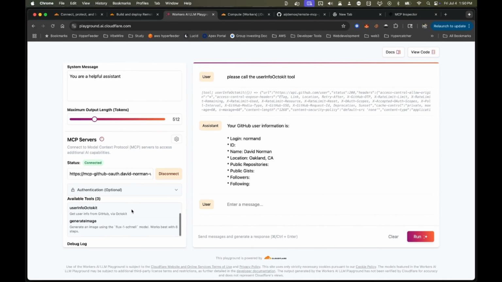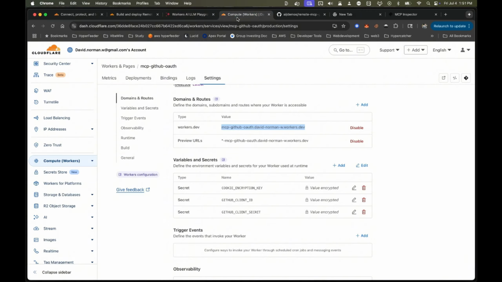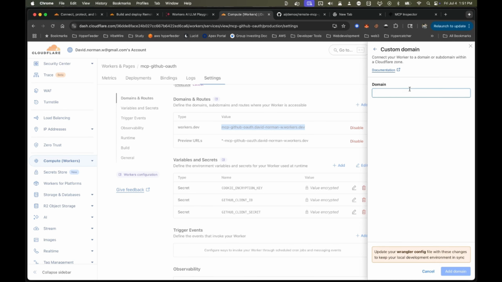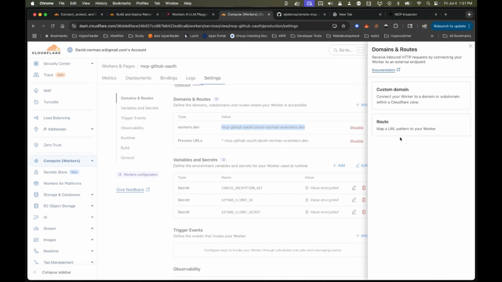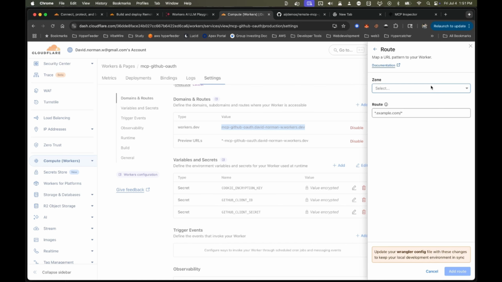So you can see it's connected. I'm already authenticated. We've got our different tools here. I didn't make the update in the deployed server to remove my username, so I have my generate image tool back again. So I'm connecting to it via this domain name, but I can easily add my own custom domain route from one of my existing zones here that I already have set up very easily,